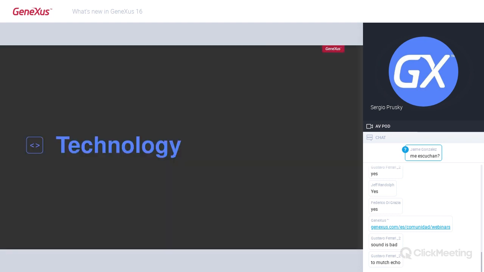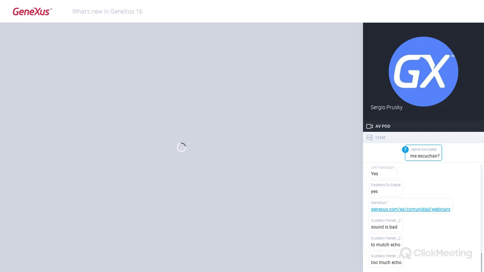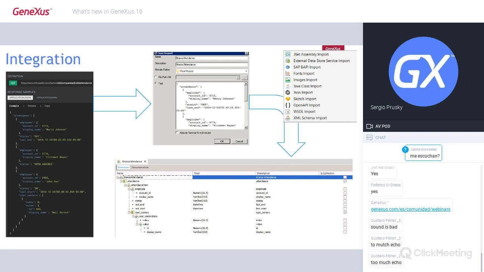If we look at technology, in particular in GeneXus, we are going to cover some of the things that are very, very common today in any application. We can't really develop any medium-sized or large application without interfacing with the world. So GeneXus has improved the integration with the rest of the world tremendously. It's one of the things that, starting with earlier versions of GeneXus, but even in GeneXus 16, has improved so much. Here's an example of how to integrate with a REST service to process